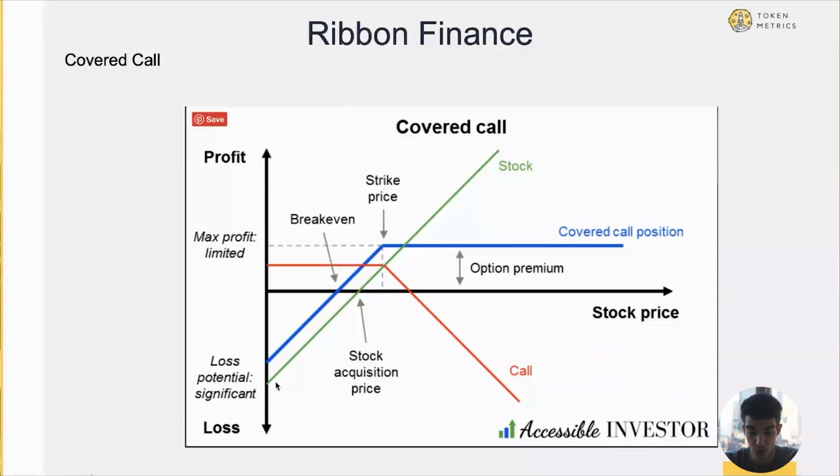The first component is that green line here, which means that you are long Ethereum. And the second component is selling a call option. The payoff of selling a call option is the red line here. Here is the strike price. Everything above the strike price, you'll be losing money because you're short a call option. And then when you combine the long Ethereum plus a short call, you will get the payoff of the blue